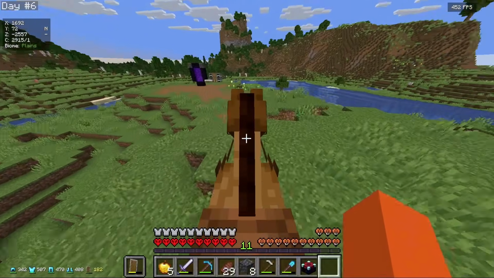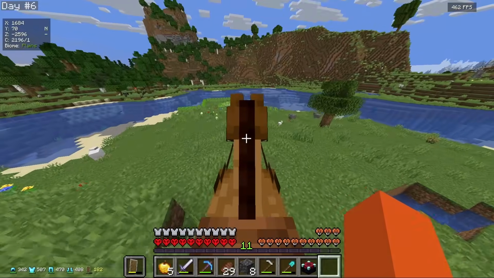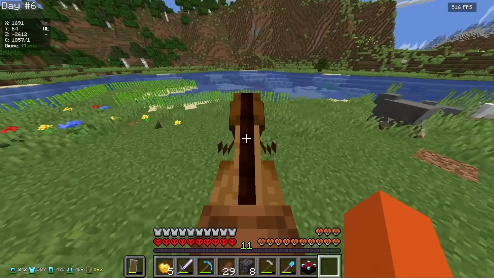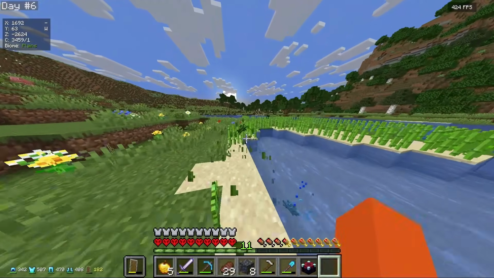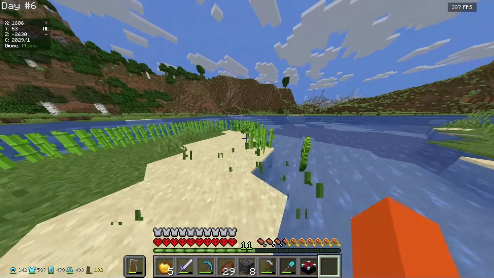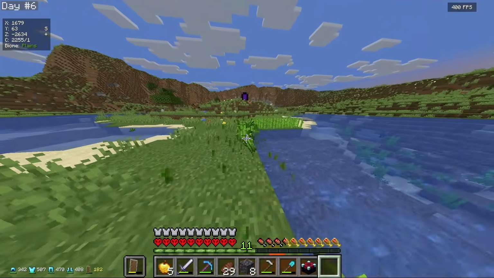So the best way I've decided to get XP in the early game is to go to the Deep Dark and mine skulk. The thing is, there are 2 problems with that. The first one is we don't even have a full enchantment table with all the bookshelves. And the second problem is...